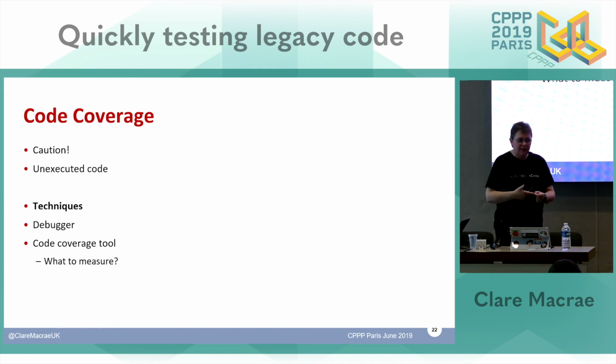One I learnt from a former colleague years ago is to put breakpoints in your debugger, so read your code and put breakpoints, perhaps in every function, perhaps in every if statement, every if-then-else kind of thing, and then execute the tests in the debugger, and every time you hit a breakpoint, you turn off the breakpoint, you delete the breakpoint. Then when the test has finished running, all the remaining breakpoints tell you the unexecuted code. Okay, it's a bit time consuming, but you don't need any special tools to run it, and it can be really useful. The alternative is to use a tool that has been created to measure code coverage.